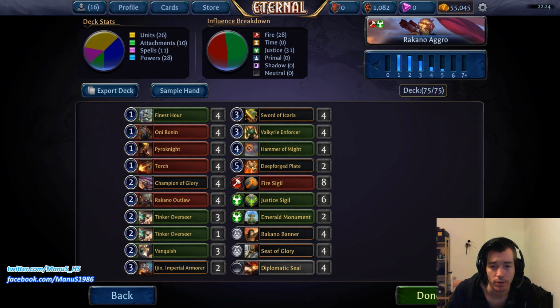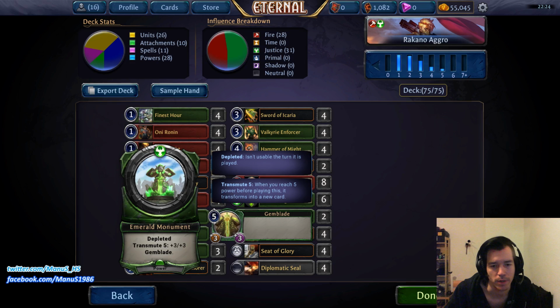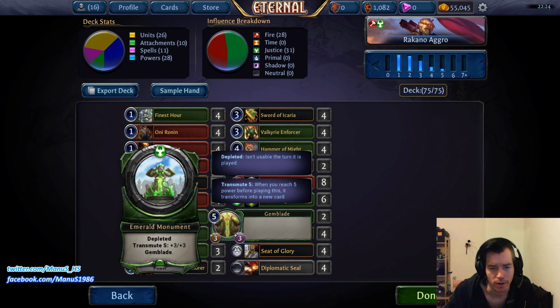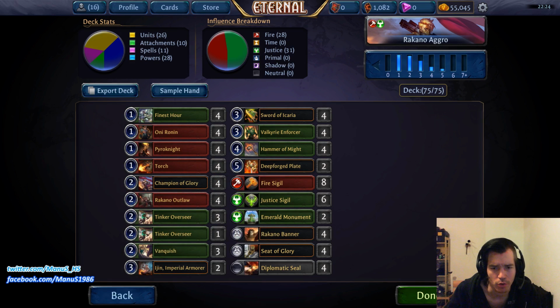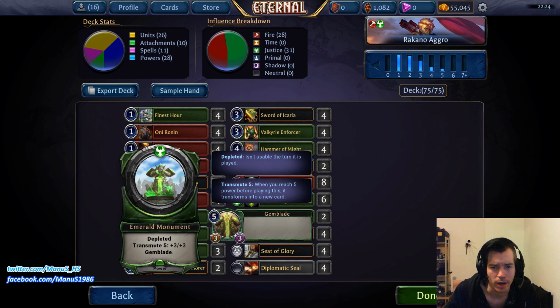And the power base is still the same as it always has been, basically 28, with an even distribution, with 2 justice sources, Emerald Monument. I'm still a pretty big fan of only 2 Monument. More than that usually slows you down too much, especially with cards like Ijin as additional power, I think. Without Ijin, maybe you can try to run 3 Monuments, but